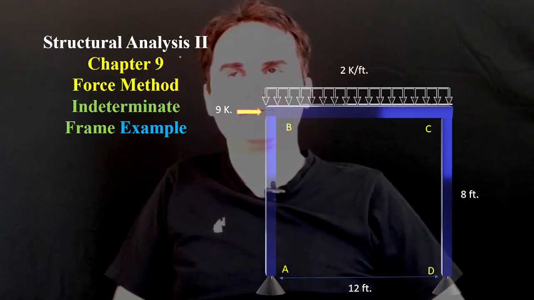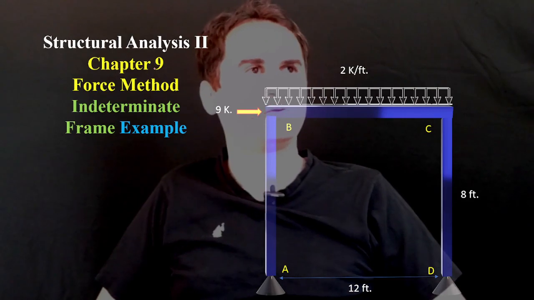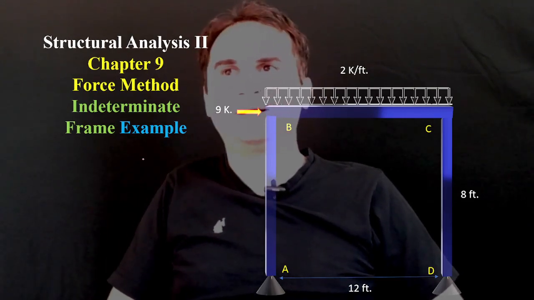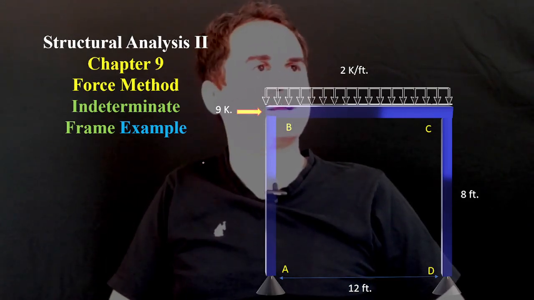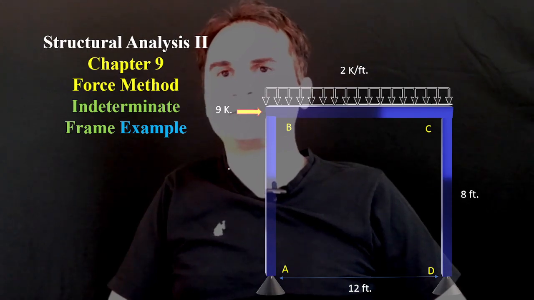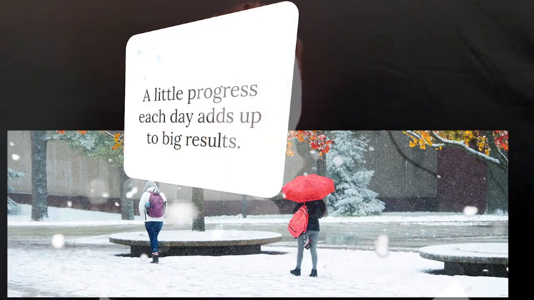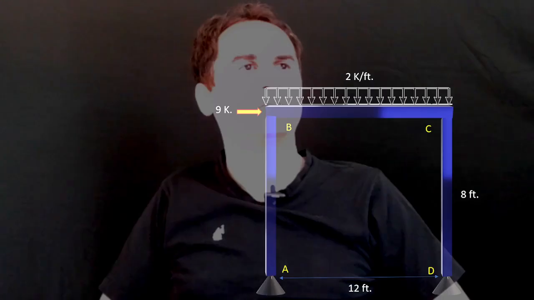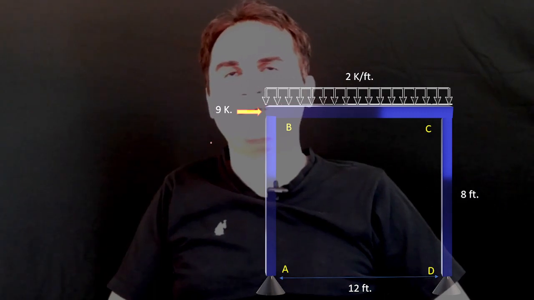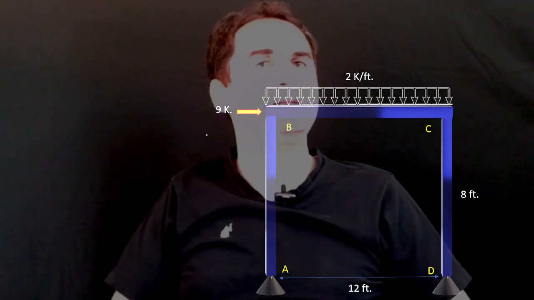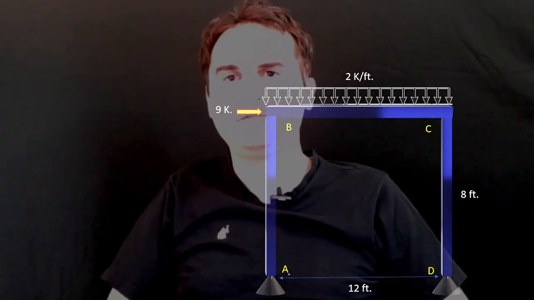Structural Analysis 2, Chapter 9, Force Method. Let's solve an indeterminate frame example. So in this example, we do have an indeterminate structure like a frame with